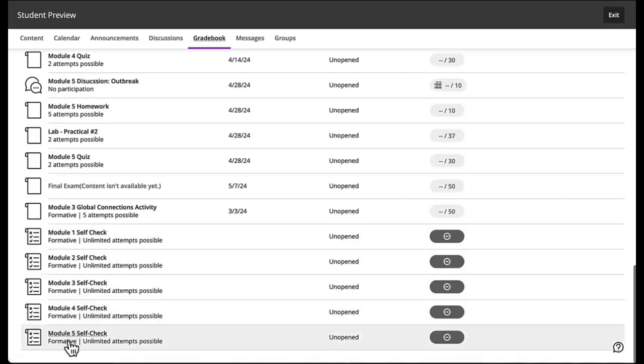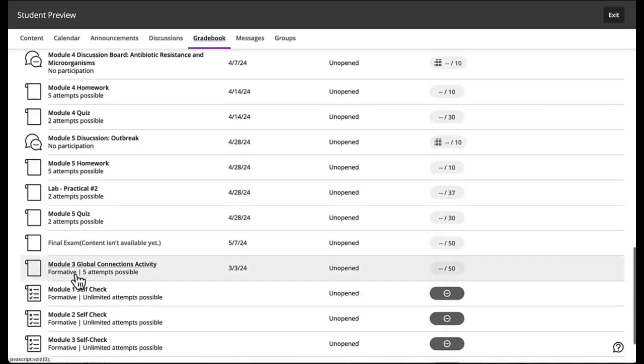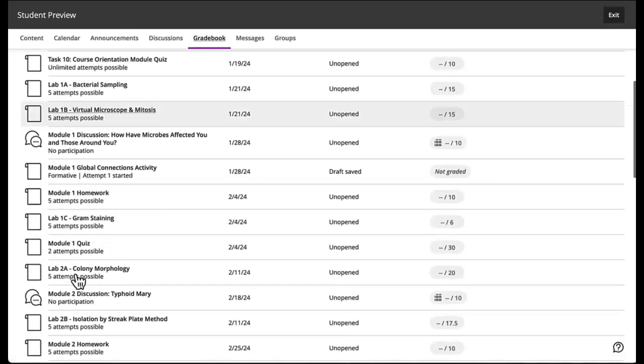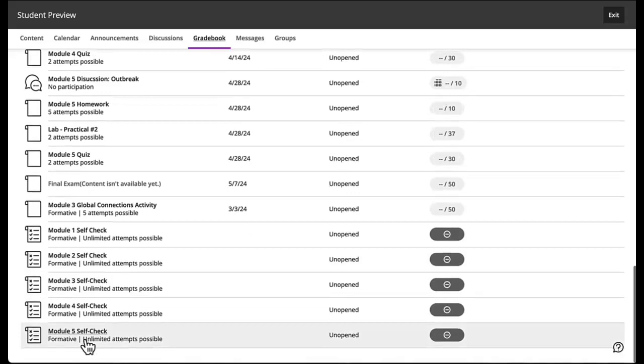Here you will see those self-checks that I showed you at the end of the learning materials. They do not count as a grade, but they're there so you can complete them. So everything that's graded is from here up. But you can still complete these and it'll show that you've completed